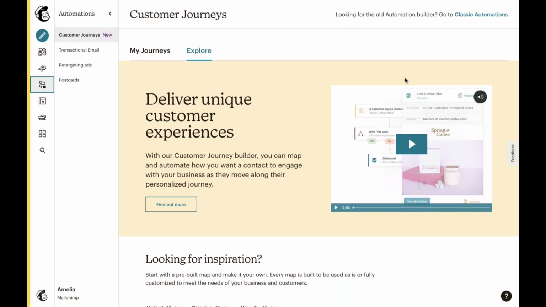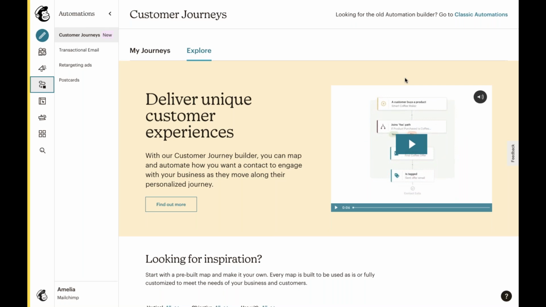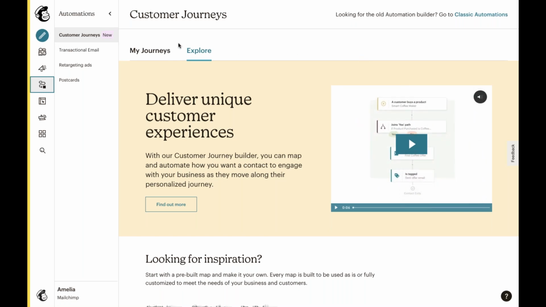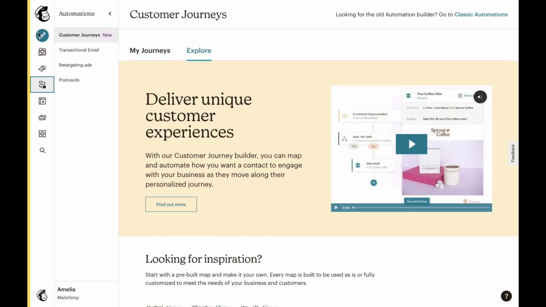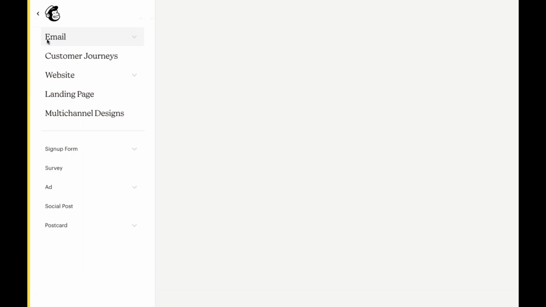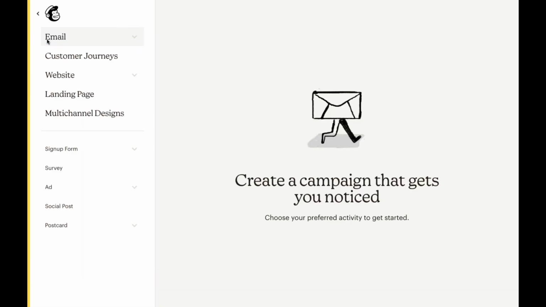So now with that said, we can access the campaign creation menu by either going back to the campaigns page that we just saw, or by simply clicking this pencil icon right here at the top of the left navigation menu. So we'll select that. And now remember, MailChimp is more than just email.